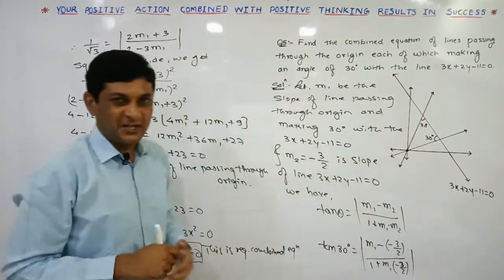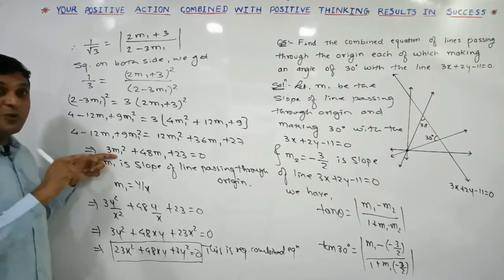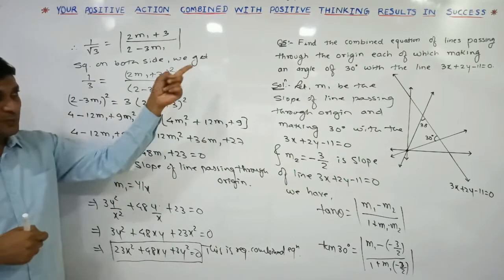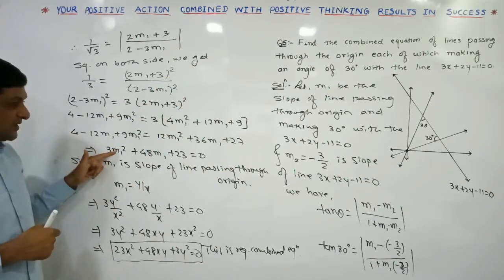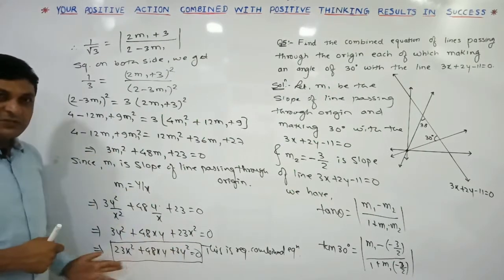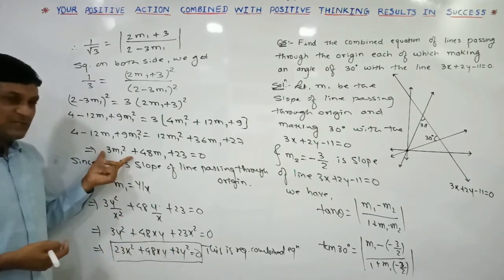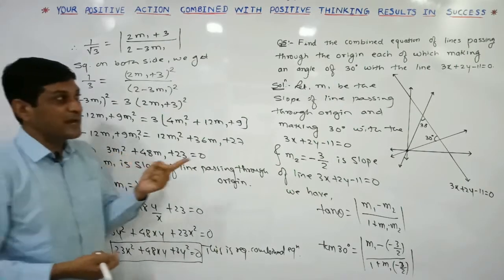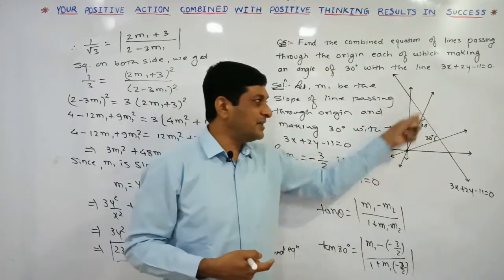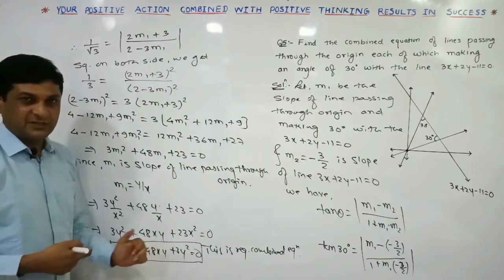Using the given condition, we have got one equation in terms of what? m1, where m1 is what? The slope of the line passing through the origin, and our required equation is also what? The slope of the line passing through the origin. So in this equation, if we are replacing m1 by y by x, whatever joint equation we have got, it represents what? It represents this equation we have got from this equation, and m1 is what? The slope of the line passing through the origin making an angle of 30 degree. How many possible such lines are we getting here? 2 lines. So that's why we can say that this is our required combined equation.